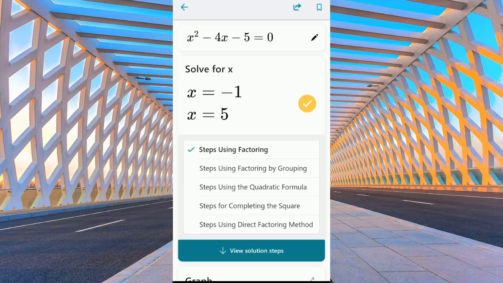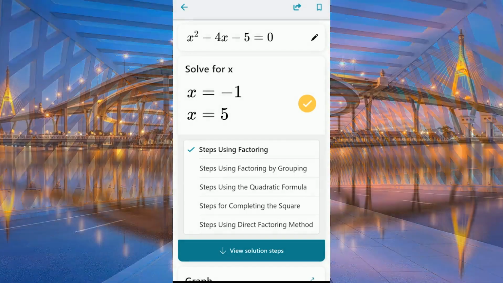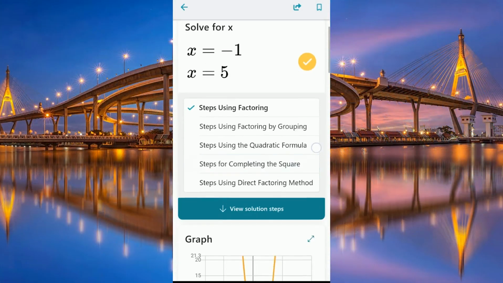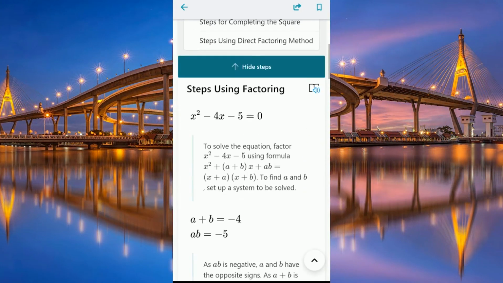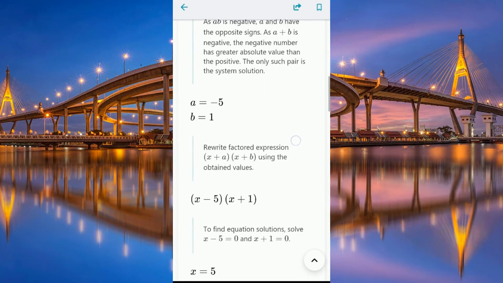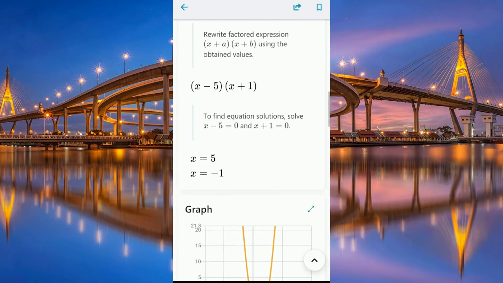You can see the steps using factoring, factoring by grouping, or using the quadratic formula, or any other one, completing the square method or direct factoring method. You can view the solutions directly and you can see it. This is a is equal to minus 5 and b equals to 1, and then this is the solution up